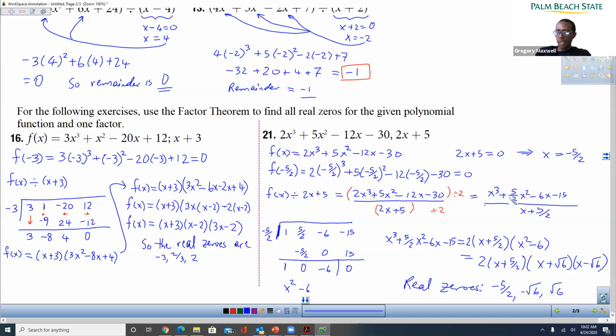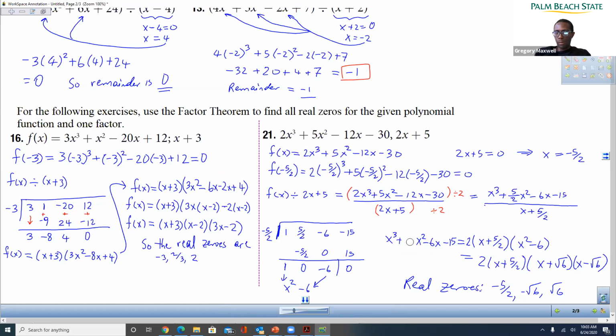So I'm dividing the top expression, which is the polynomial divided by 2, by the bottom expression, which is the linear factor divided by 2, which gives me negative 5 over 2, which I wanted to begin with. I do synthetic division, and my quotient is x squared plus 0x minus 6. My remainder is 0. So that means this polynomial